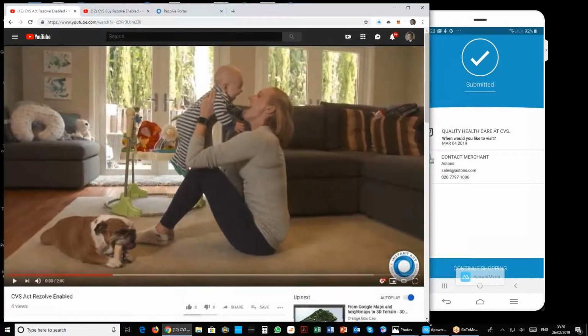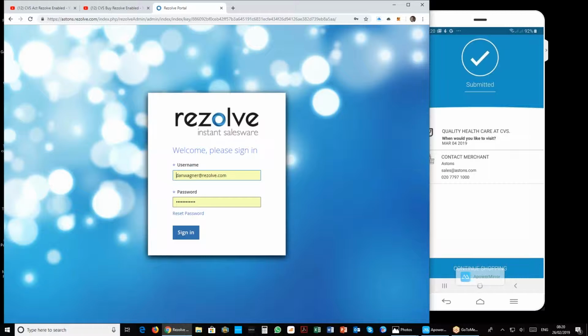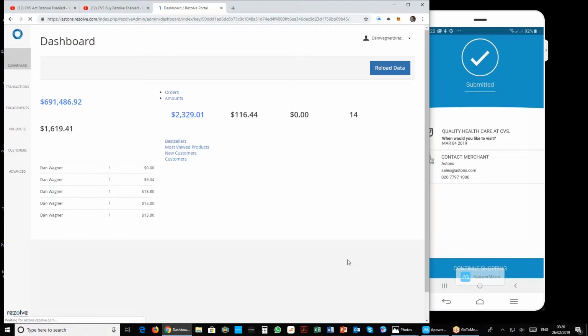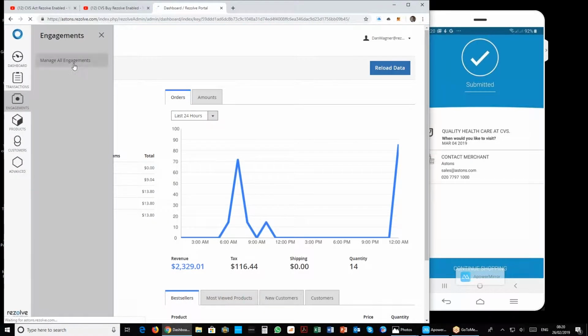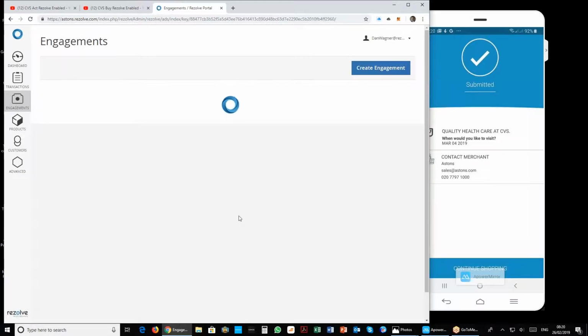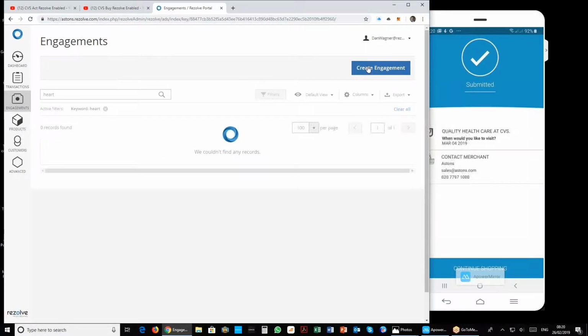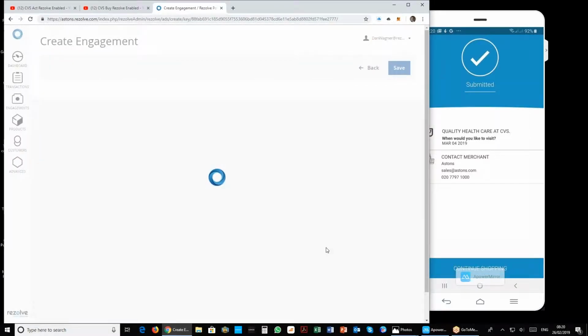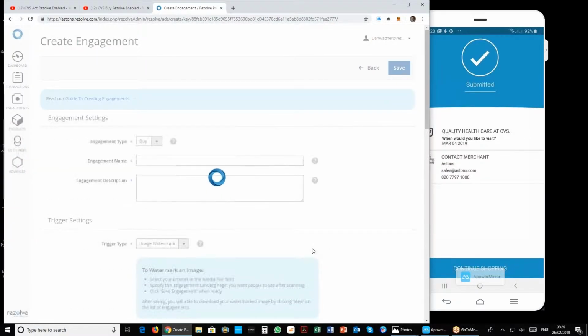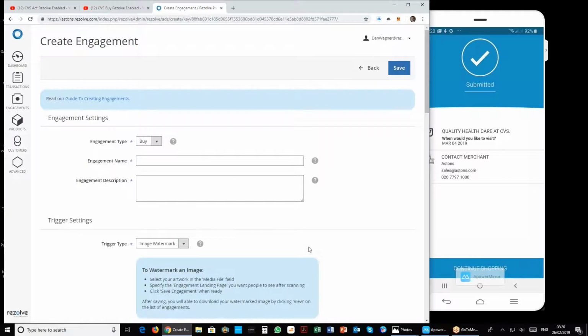So now what I'd like to show you is how that is created. I'm going to log in to what we call the merchant portal, and this allows the merchant, yourselves, to create those assets. I'm going to create an engagement. Simply go to engagements, create an engagement, and in creating the engagement I'm going to choose what type of engagement I want to create. It could be a buy, it could be an act, which is the two I showed you. So in this case we'll do a buy transaction, and we'll call it heart rate, a heart monitor,